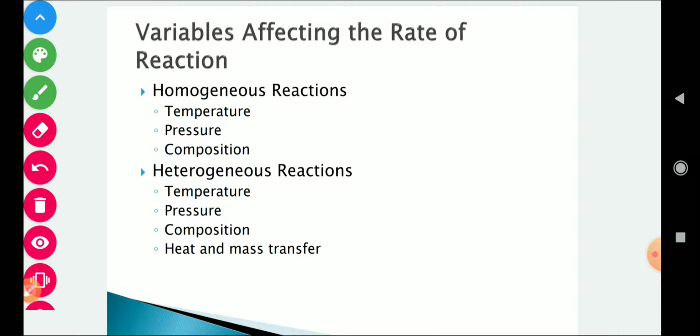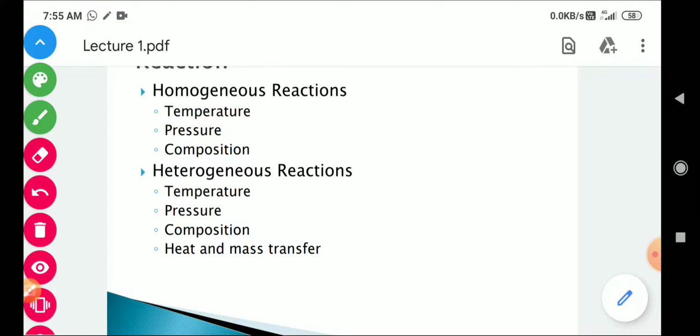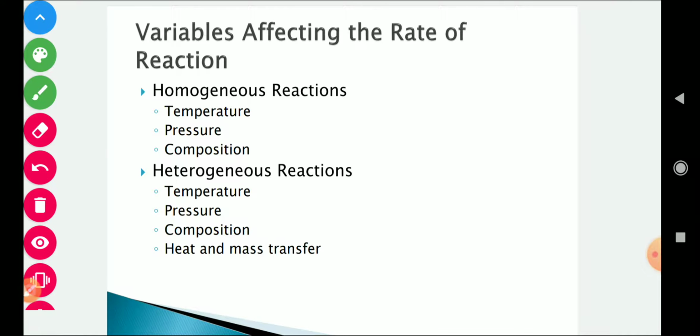On the other hand, in heterogeneous reactions, heat and mass transfer also play a very important role, because there is more than one phase present. So the rate of mass transfer between these two phases is very important, because it will determine the rate of reaction. Two different reactants are present in two phases. They interact with each other by mass transfer. By mass transfer, one component moves to another phase and then reacts and forms product. So the rate of mass transfer is also important. The rate of heat transfer between these two phases also plays an important role.